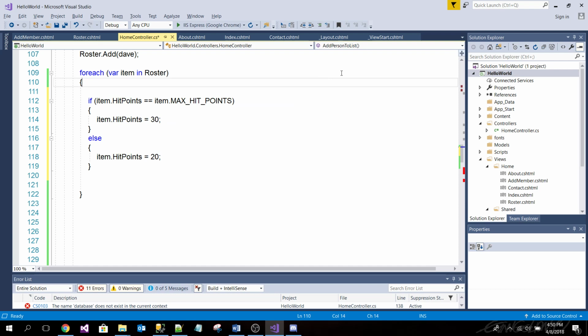So what happens if the hit points were 15? It would end up going up to 20. Yes. What happens if there were 22? That would go down. Yes. That's good. So it would go down, right?